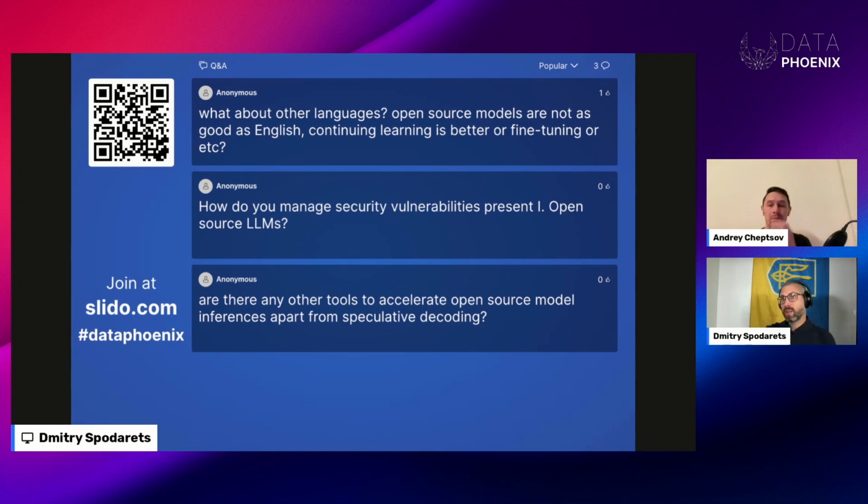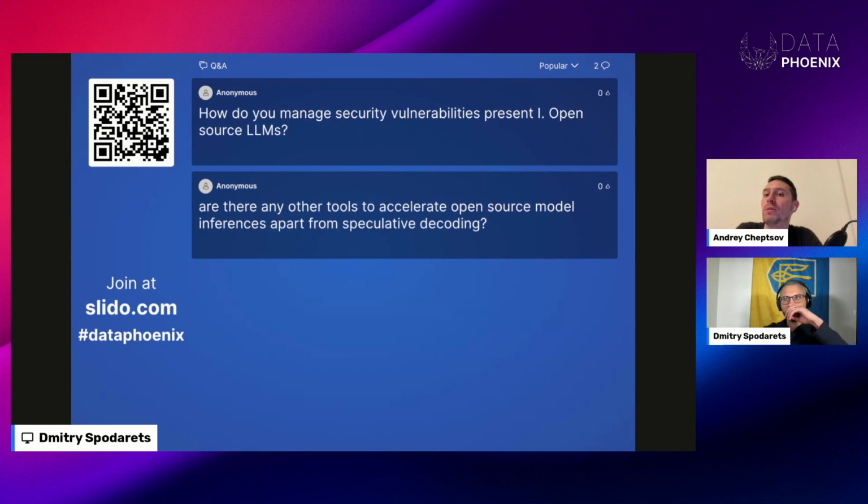Next question about other languages. So we know that English is one of the core languages for open source models, but with other languages, it doesn't always work well. Yeah. Well, it's a good point. However,